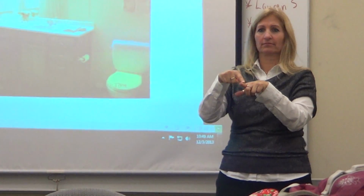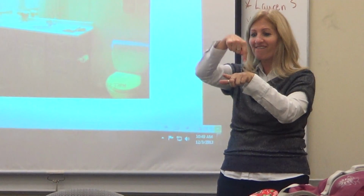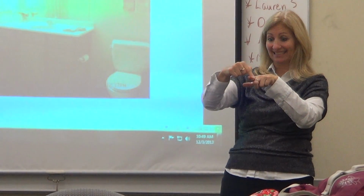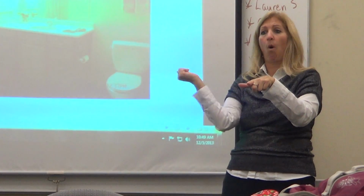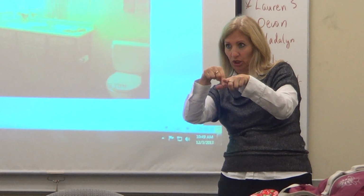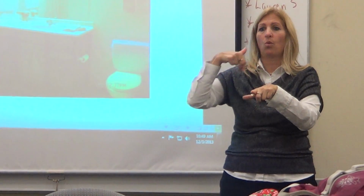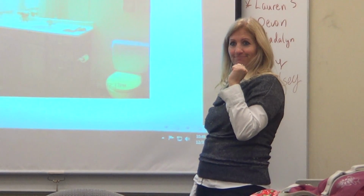So Water Tower View's building is an L shape. Has everybody noticed that? Everyone seen this classifier I'm using? The L right here with the pointer finger and my thumb. The community room is here. And then on the other side is the bathroom. And then at the top there is finally